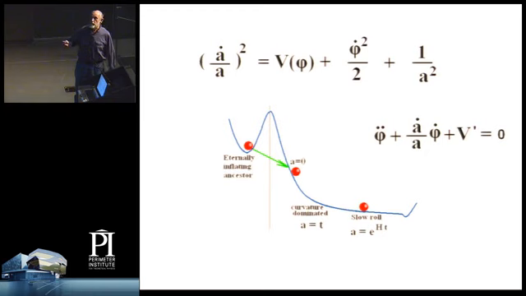It's not important whether this is, for the moment, a single field, multiple field, or whatever, just a tunneling from one point to a neighboring point. Here's where the eternal inflation took place, the ancestor vacuum over here. You tunnel out onto the side of this potential and slide down by slow roll inflation. During the initial phase of this, before you actually enter slow roll inflation, when you first tunnel out onto the side of the potential here, you're dominated completely by the curvature term. 1 over a squared is much bigger than anything else.